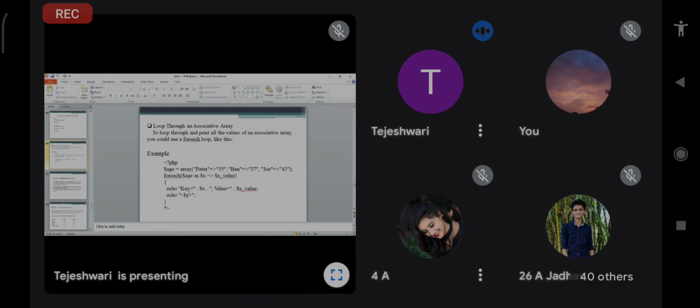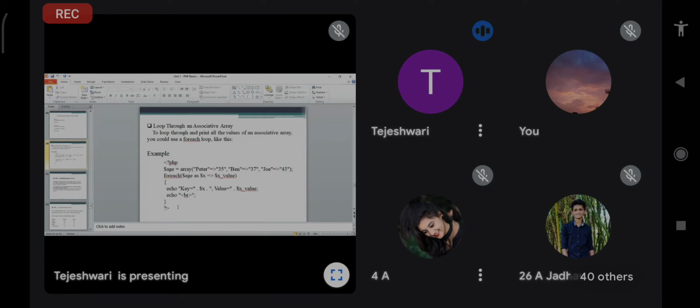So key is equal to, dot, $x, which means your key, first key, that is Peter, comma, value is equal to, dot, $x_value. What is the value for Peter? That is 35. So what is your output? Key is equal to $x, that is Peter, comma, value is equal to $x_value, that is 35.